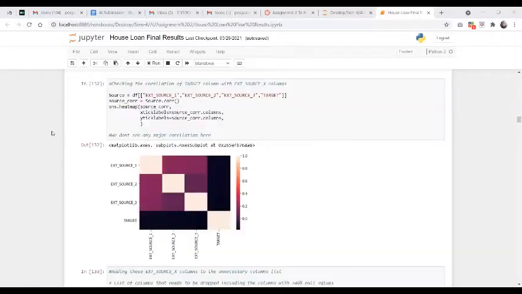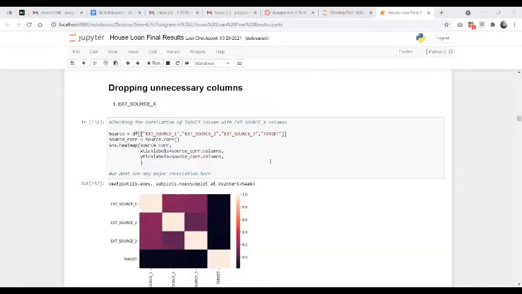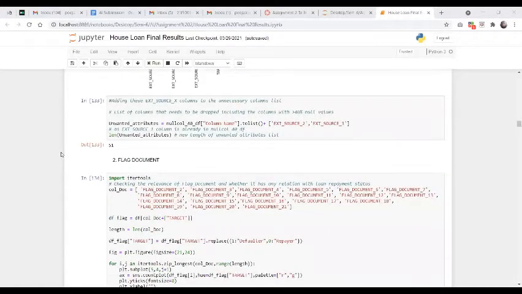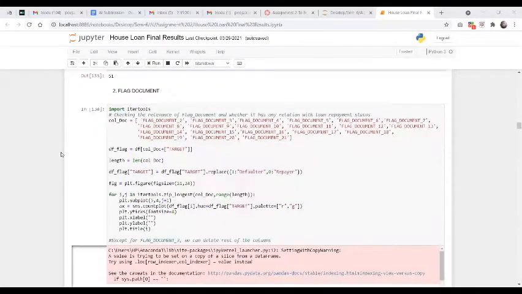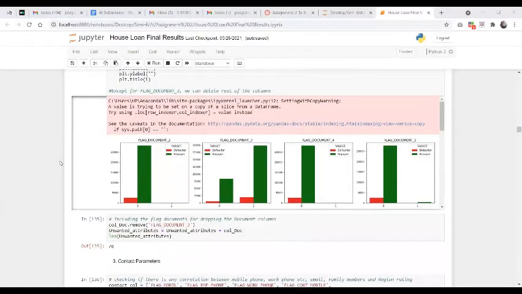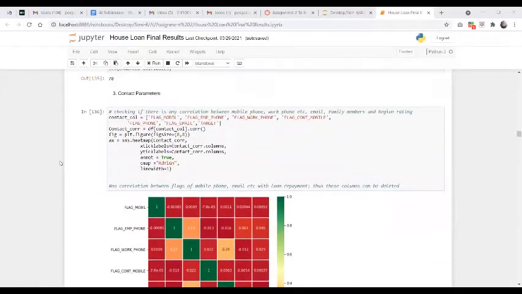We are dropping unnecessary columns. We are plotting a heat map to understand the correlation between necessary columns. And if the correlation is high, only then we'll be keeping it, or else we'll drop the column. Now we are checking for contact parameters, the heat map.